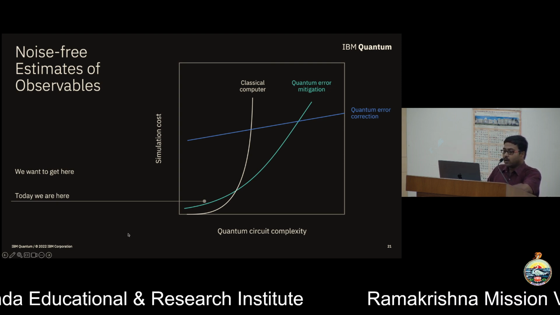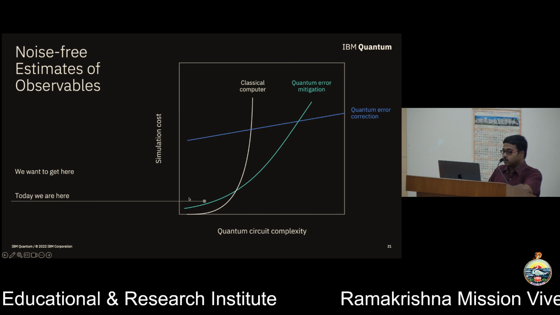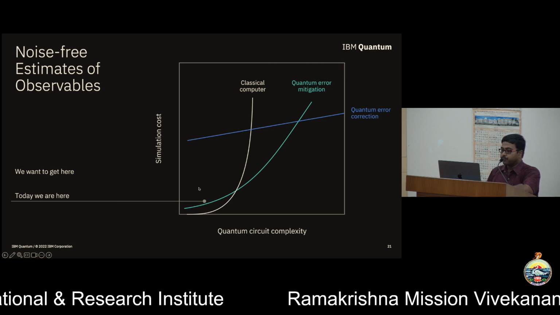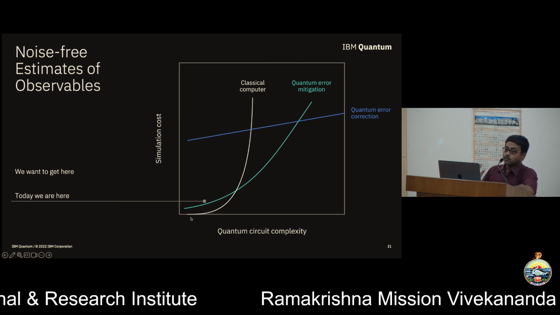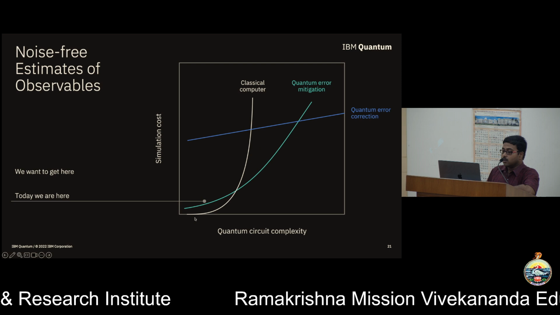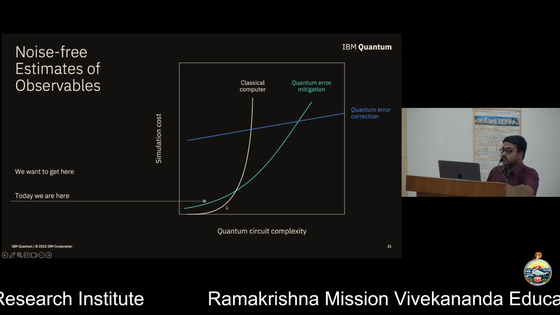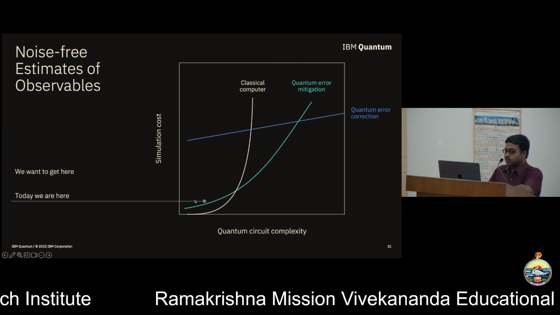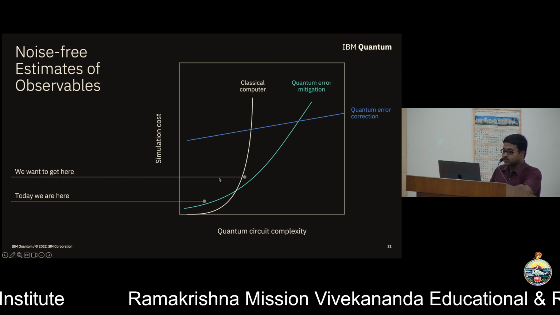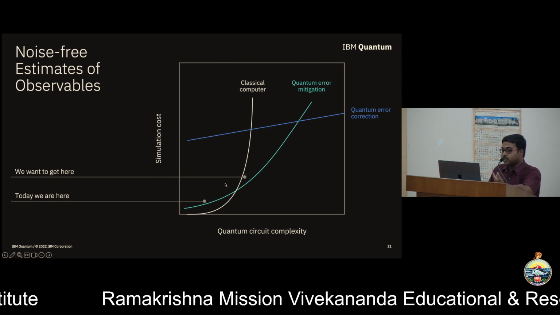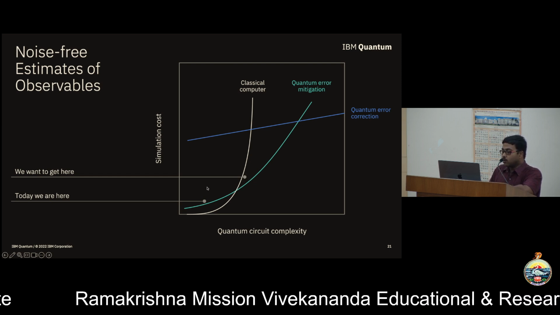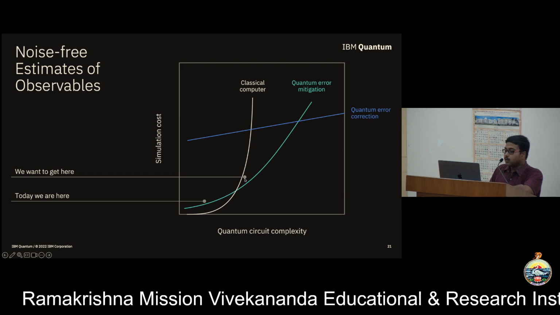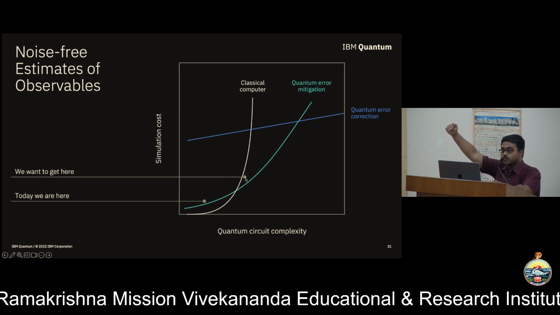So where we are today is here. We are using something called error mitigation. I'll show you in the next 2 slides what that means. We have classical computers doing it great at small scale, but the computation complexity increases significantly and makes it impractical. What we hope is that very soon, in certain cases, I think we are already starting to go there, we can go beyond this complexity where quantum can start doing things better than classical, but not up to its entire promise.